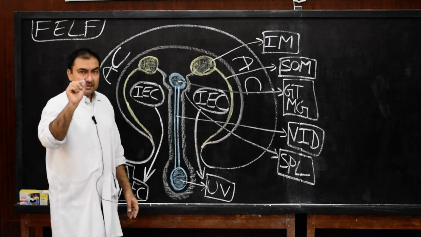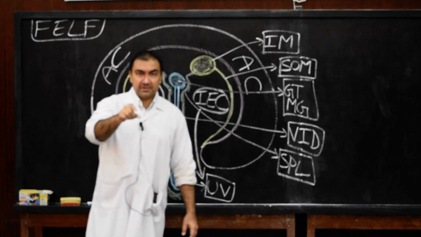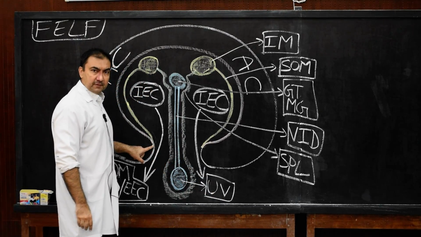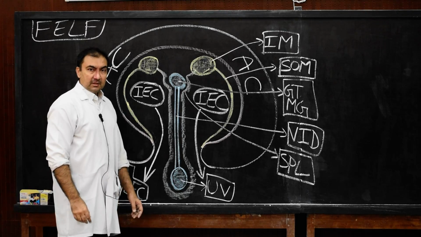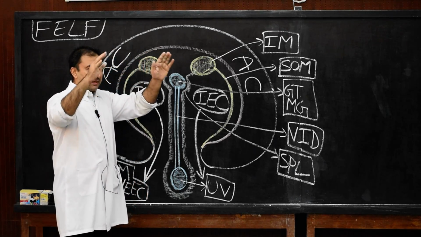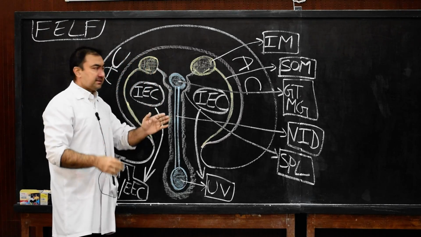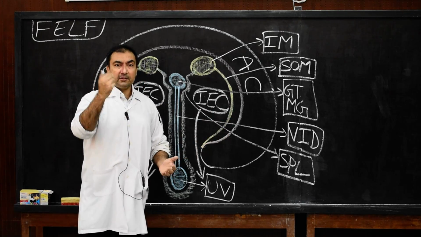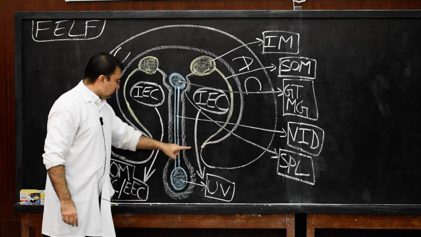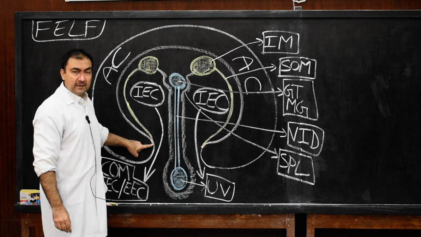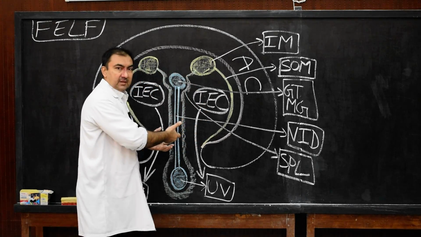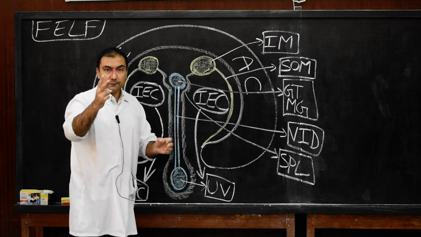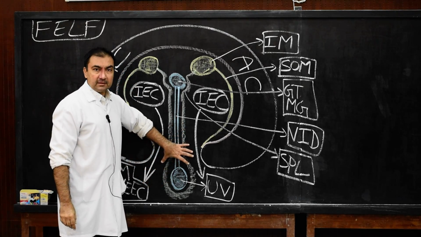What will happen here is one interesting keyword which you need to write down: amnioectodermal junction. This is a very important word. Amnioectodermal junction will form the two lateral folds. We know that the entire amniotic cavity is lined on the roof and lateral side by the amniotic membrane, and in the floor there is ectoderm. Therefore that junction is called amnioectodermal junction, which we have shown with two different colors. So amnioectodermal junction will bend, it will meet the head and tail folds, and it will form the two lateral folds at the primitive umbilical opening.